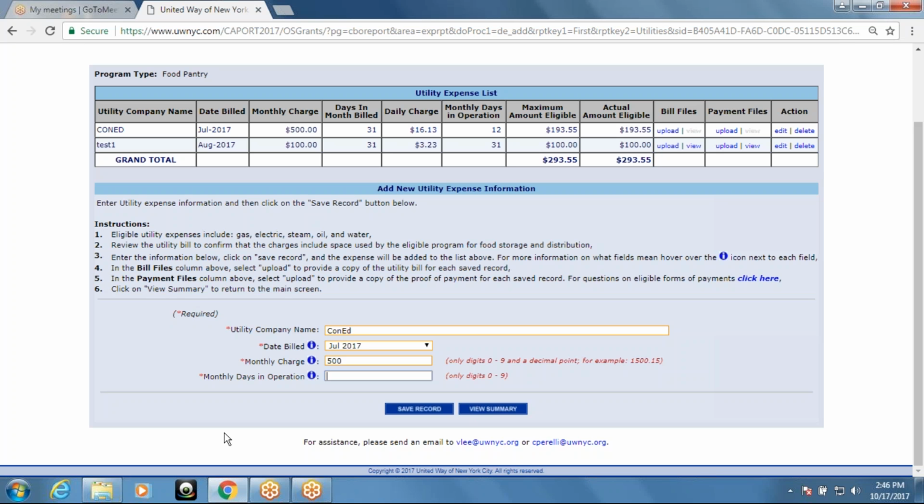So a good guideline is that this should account for your distribution days, which are the days that you distribute food to the public. Your preparation days, if you have a separate day to prepare food for that distribution day, and your delivery days, when you are receiving food, if it is a separate day. Let's say it's 3 days a week. You have 1 day for each of those things that we do, and for a month you do 12 days. That would be 12 days. So I'll do 12. I'll save record,